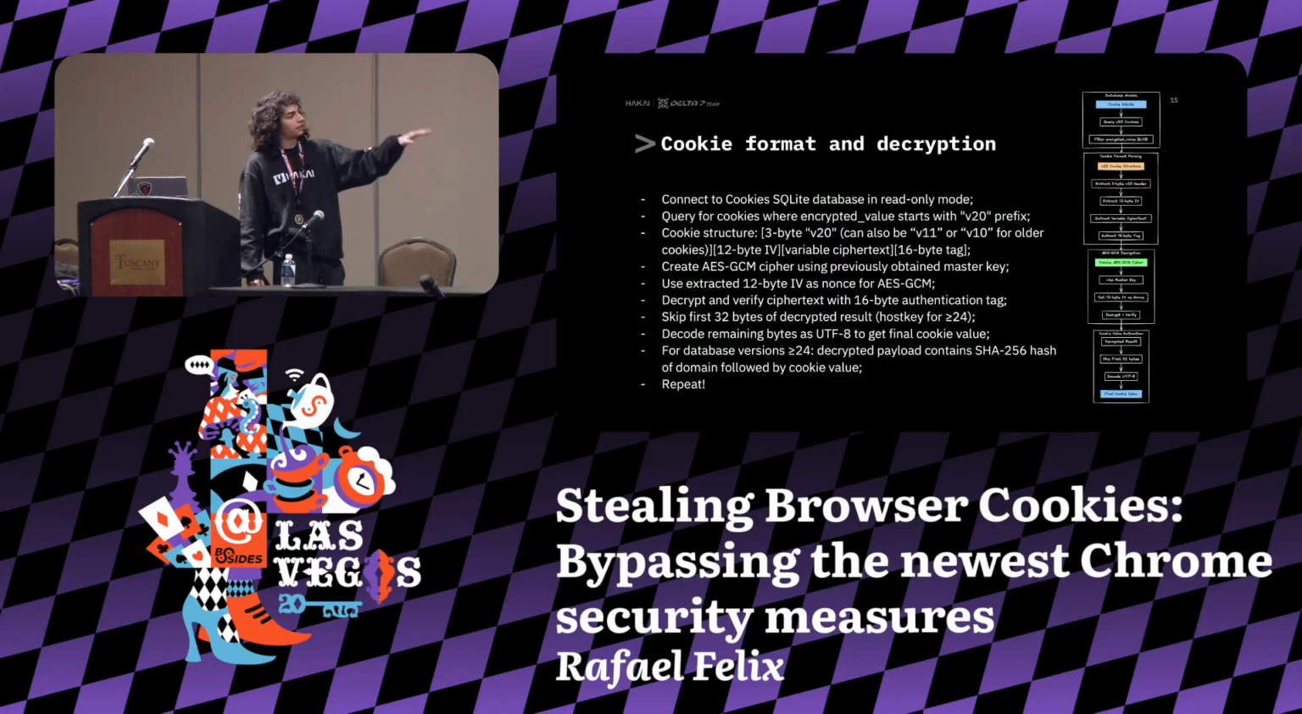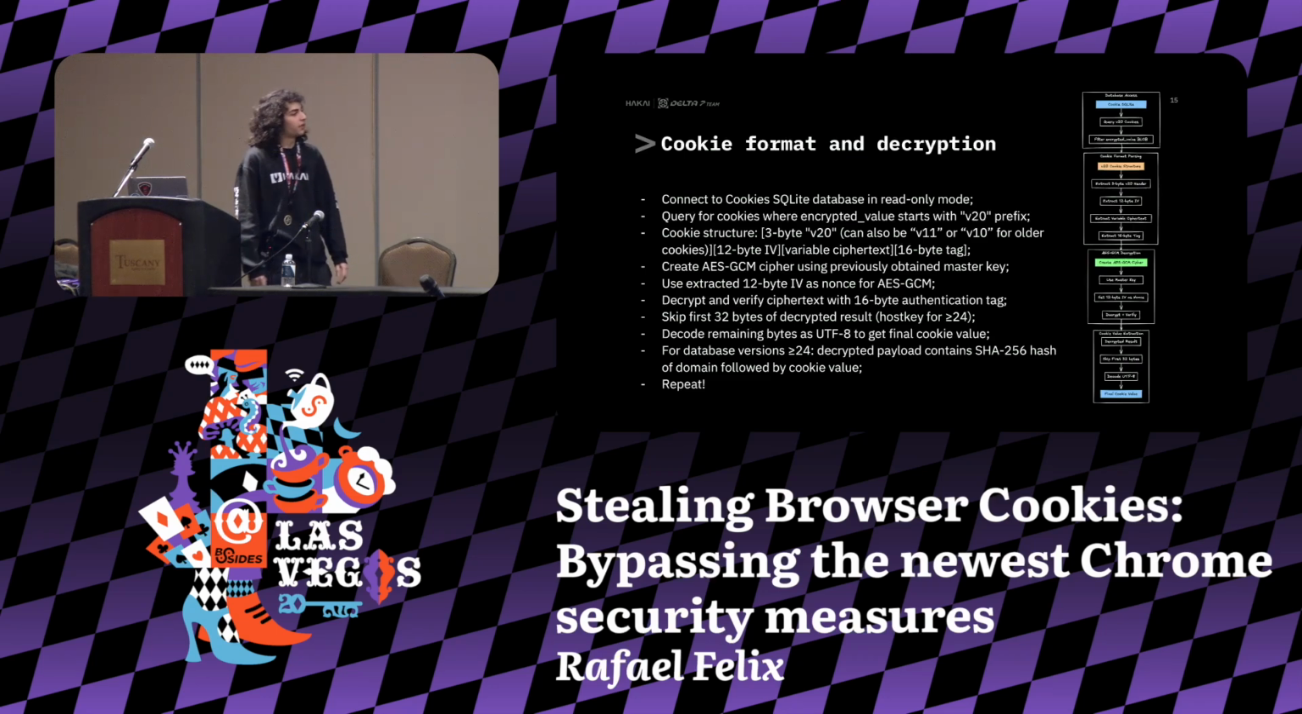So yeah, we have the V20, V11, or V10 versions for older cookies. V20 is, as you can see, the newest one. So then the cookie is followed by a 12-byte IV, a variable ciphertext, and a 16-byte tag as usual. We then create the cipher, AES256GCM. We use the extracted 12-byte IV as nonce for the AES-GCM, decrypt and verify the ciphertext with the 16-byte authentication